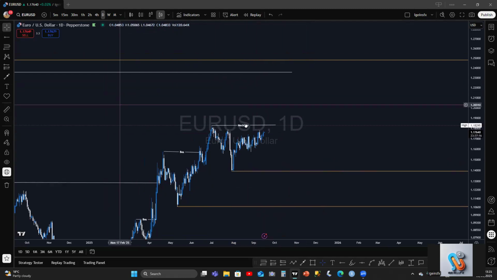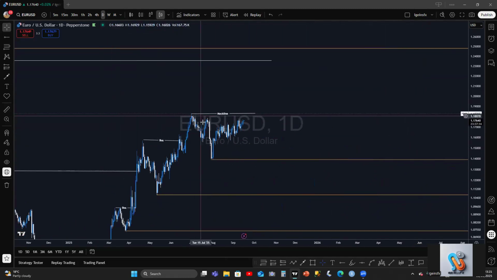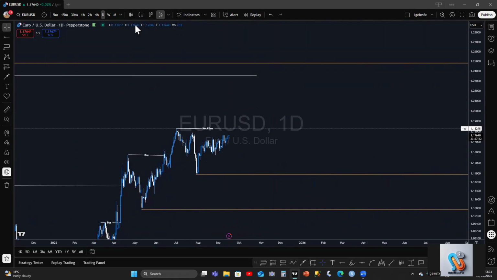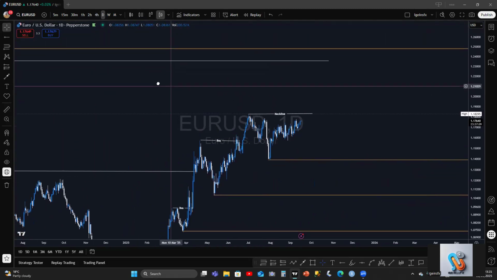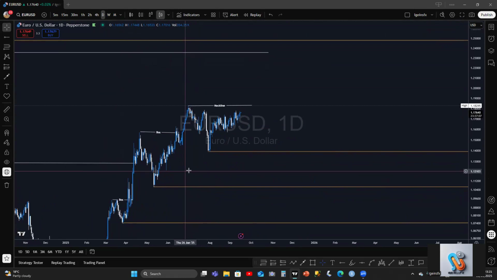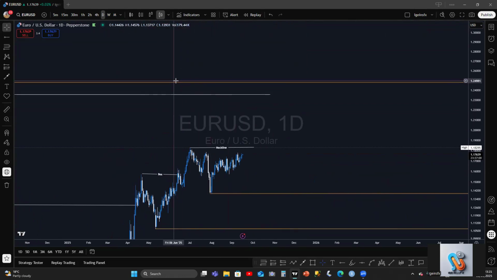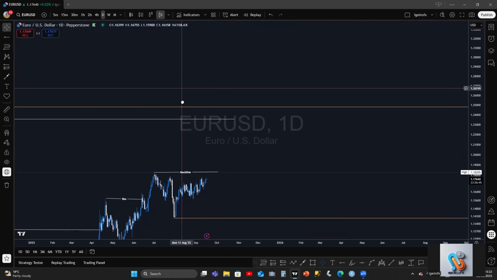Price needs to break it. Then, after breaking it, we want price to pull to the upside. All right. Then this level here, guys, remember this level, it's a very strong resistance level, and we want price to take this buy side liquidity. Once price takes this buy side liquidity from this point,